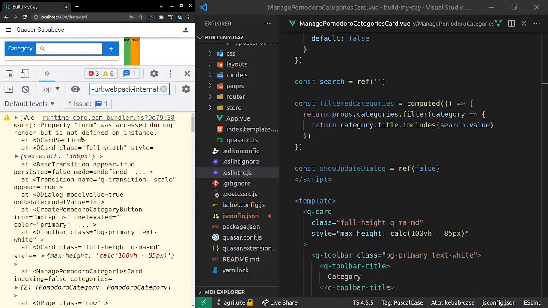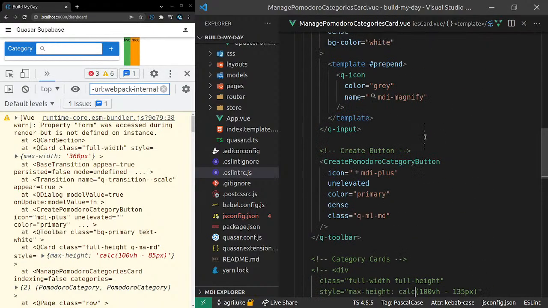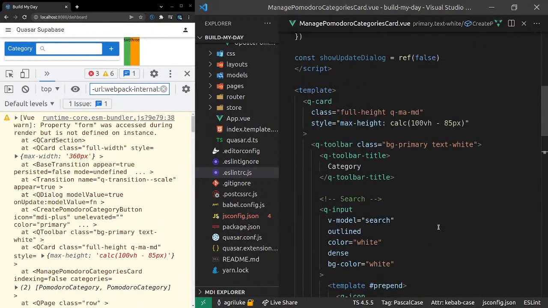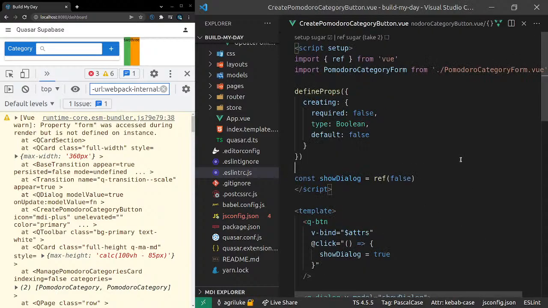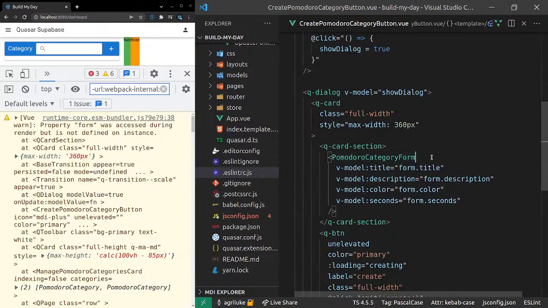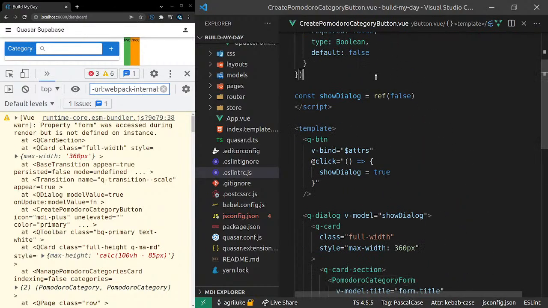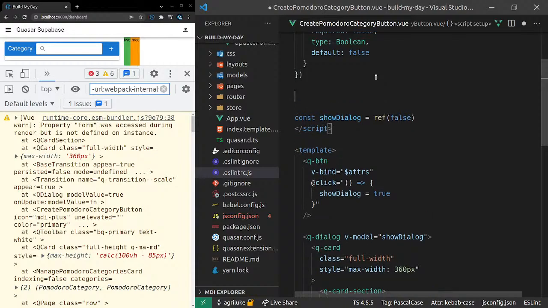Property form is accessed during rendering, but it's not defined in the instance. Do we have form on here? No, that error is probably related to the create Pomodoro category button. So that's what's going on here with the form.title. I think we did decide that we wanted to put the form on here, as long as it's not concerned with actually using that form to create the Pomodoro. So now I'll say const form is equal to a ref